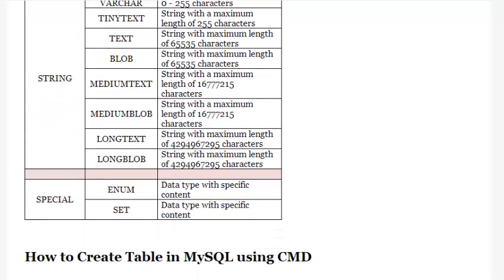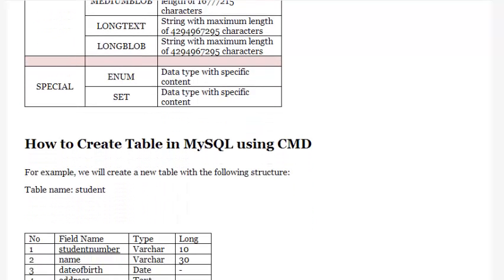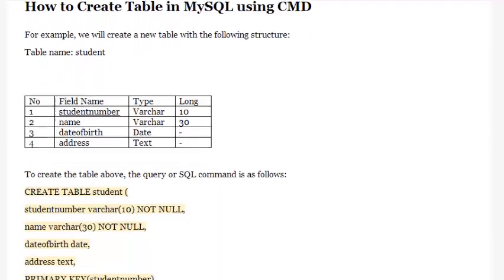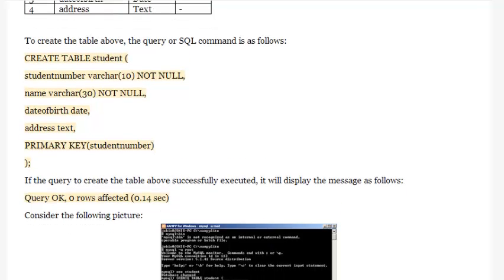For example, we will create a new table with the following structure. Table name: student. To create the table above, the query or SQL command is as follows. CREATE TABLE student (student_number VARCHAR(10) NOT NULL, name VARCHAR(30) NOT NULL, date_of_birth DATE, address TEXT, PRIMARY KEY (student_number));